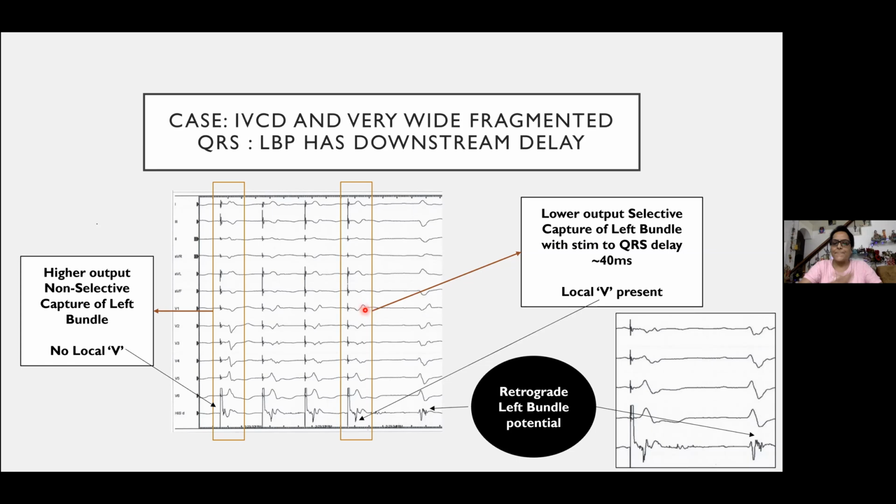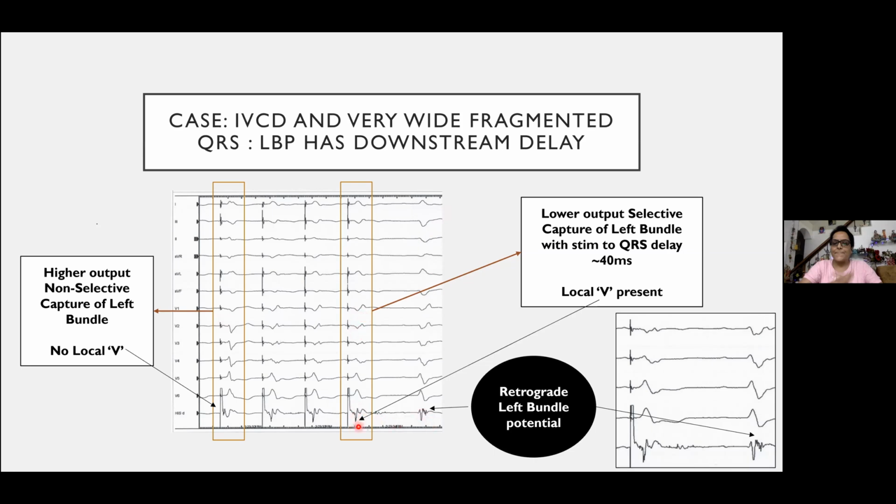But if you see closely, this looks kind of like his native QRS, but we are very far away from the His. Mind you, I have shown you pre-insertion. We are not at all close to His. We are, in fact, going ahead towards the apex. I'll show you the fluoro. So we are nowhere close to that. And the proof is that when you pace at a higher output, you are not getting this. So this is definitely not His bundle capture. So it is a left bundle capture.